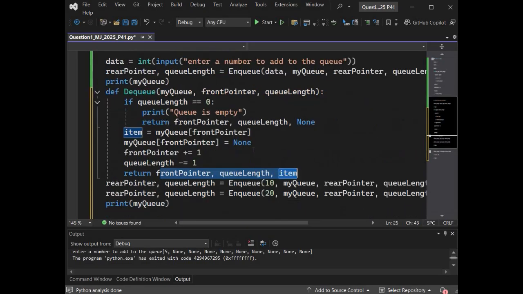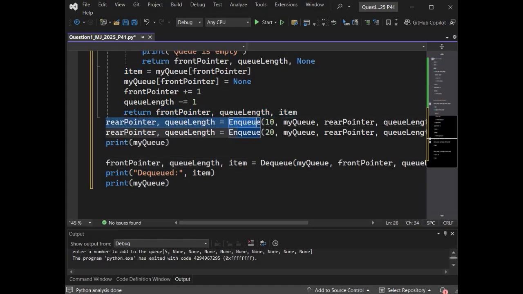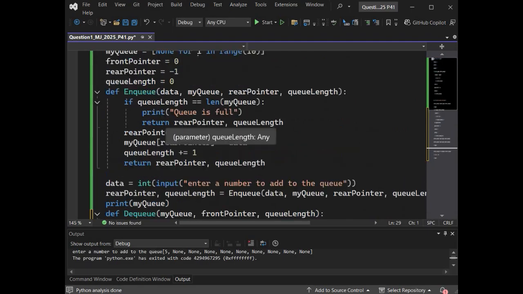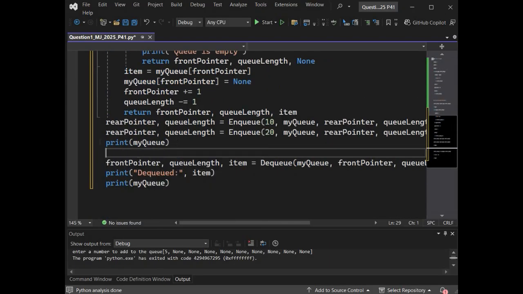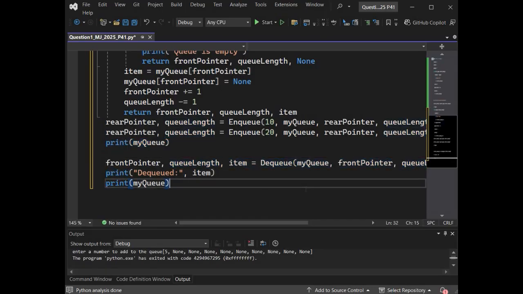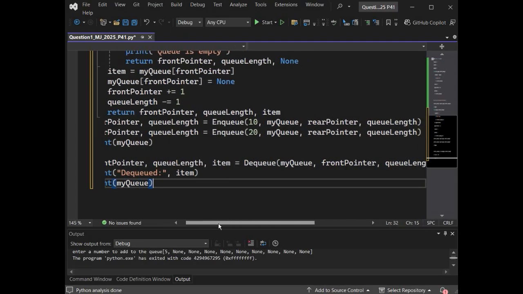Now, in order to run this thing, first of all, I'm going to run this code. I'm going to enqueue two values, 10 and 20, in the queue. Plus, I already have a function running by the name of enqueue. Then I'll print my queue. Then I'll dequeue a value to show you whether it is working or not. Because I can randomly show you any piece of code and guarantee you that it will work, but unless and until I actually run it in front of you, obviously you'll be in doubt whether my code works or not. So this is the entire thing.